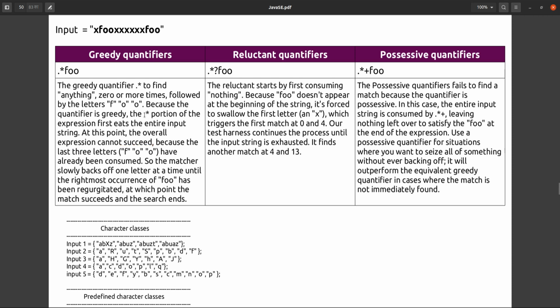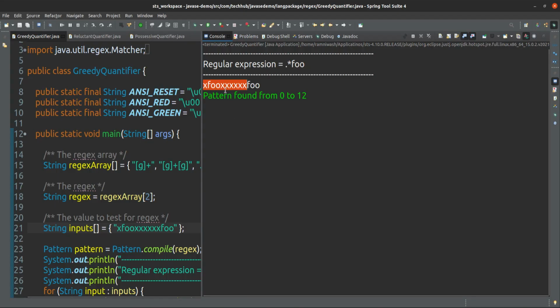So this dot star will consume this much input, from here, and at last it is taking foo. So it is satisfying. So the pattern is available from 0 index to the 12th index. This is the last index. So this is the pattern available.